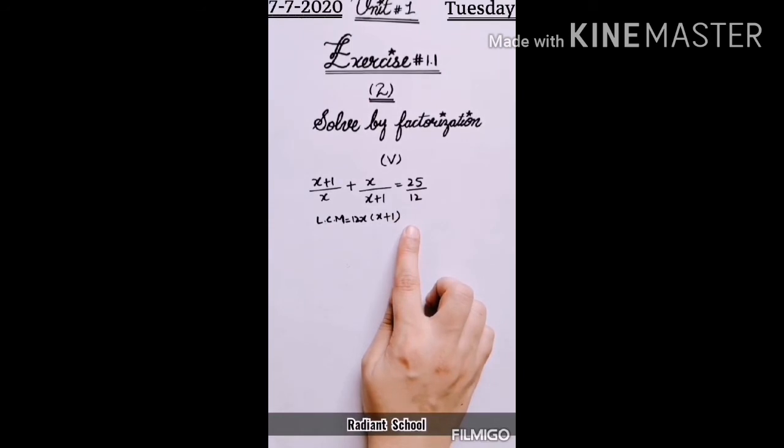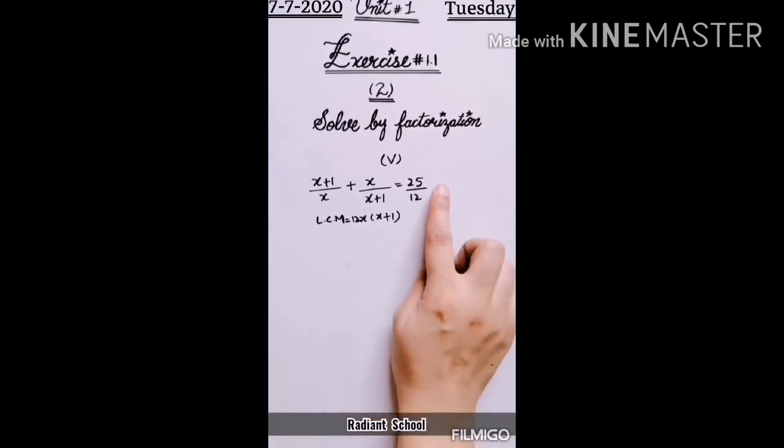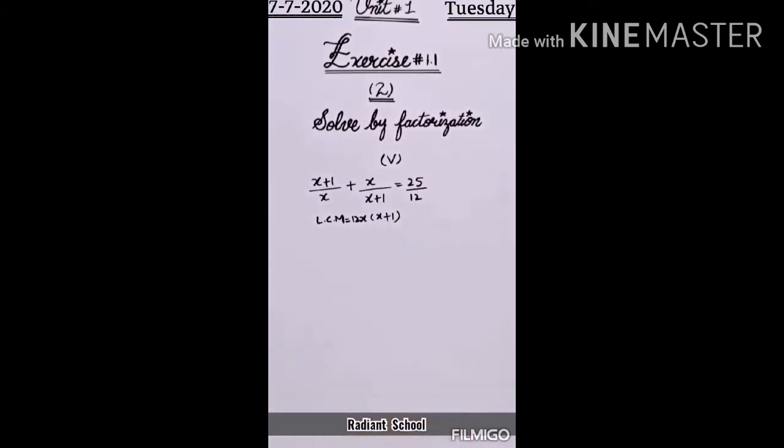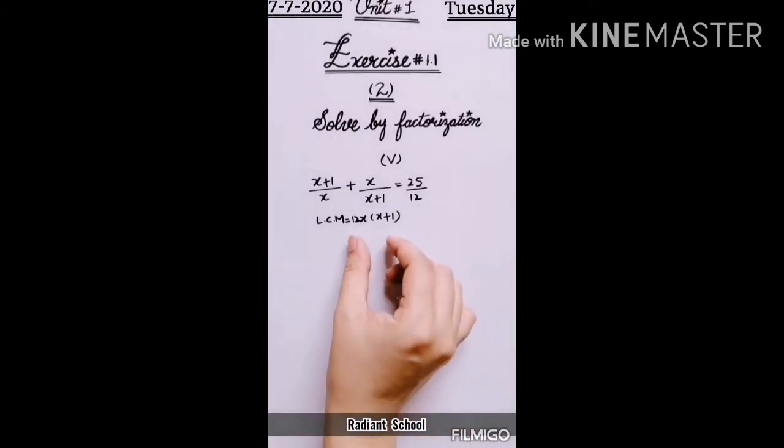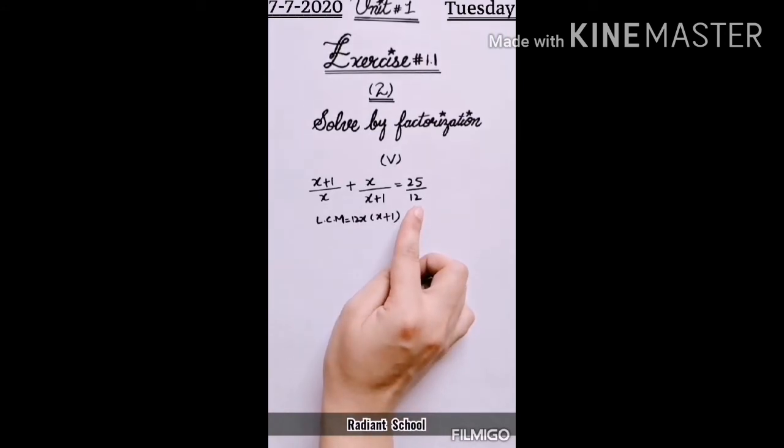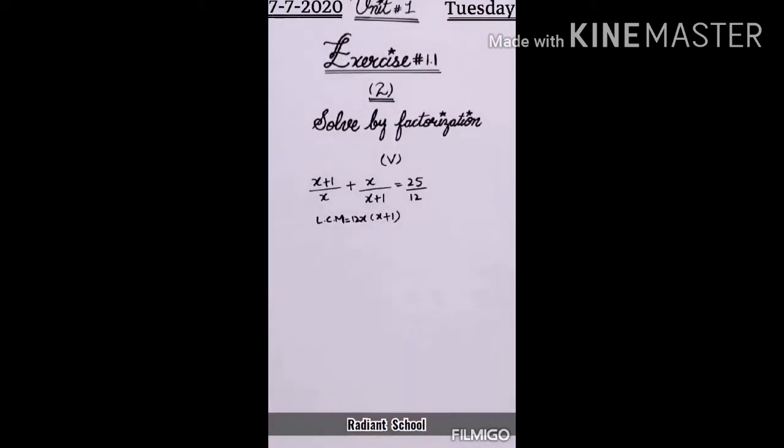As you can see here, there is a fraction involved, so you have to find the value of x from this given quadratic equation. First of all, you have to make it a quadratic equation. You have to simplify it after multiplying with the LCM. First of all, we will take the LCM. All the expressions present in the denominator give your LCM.